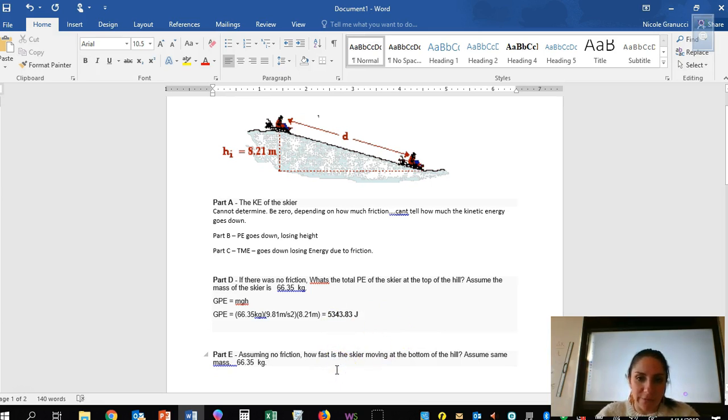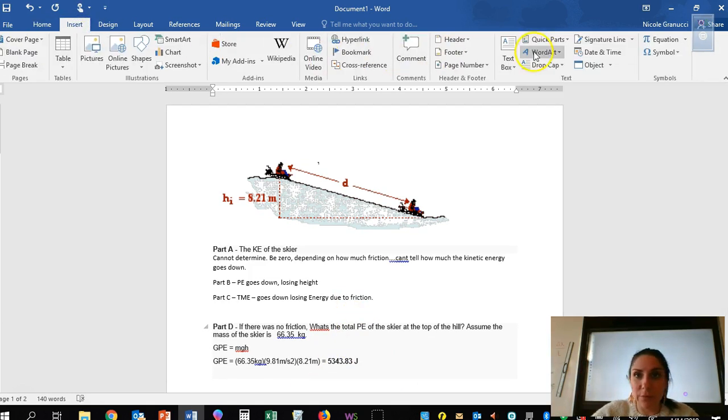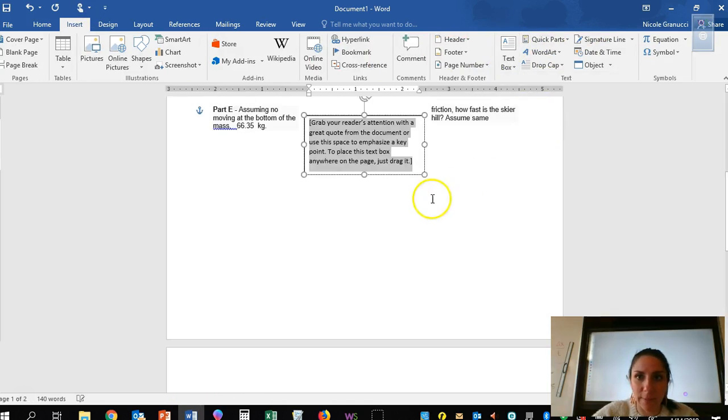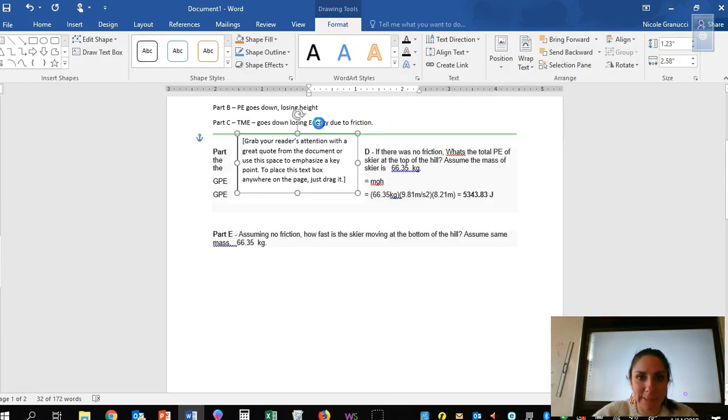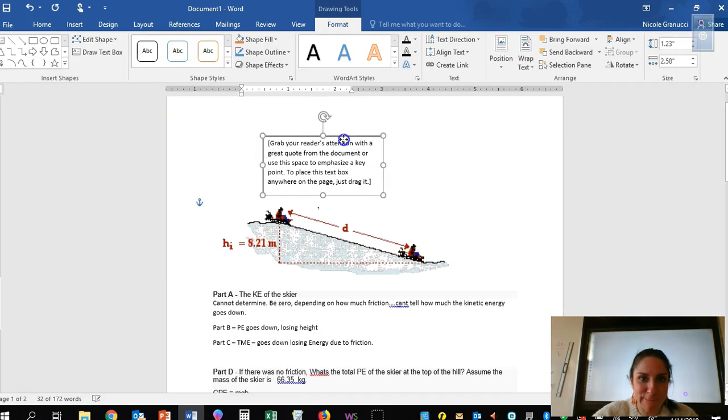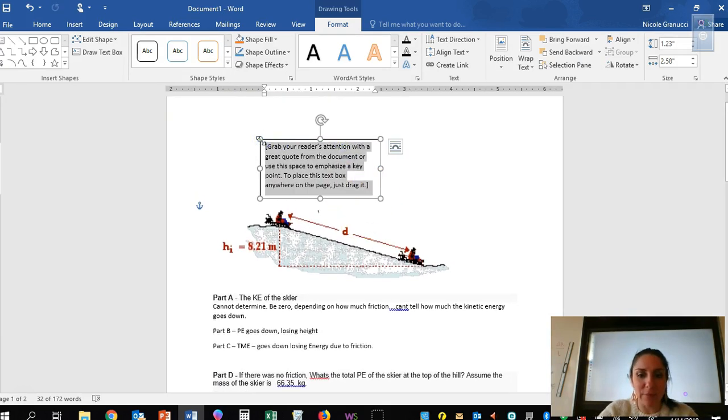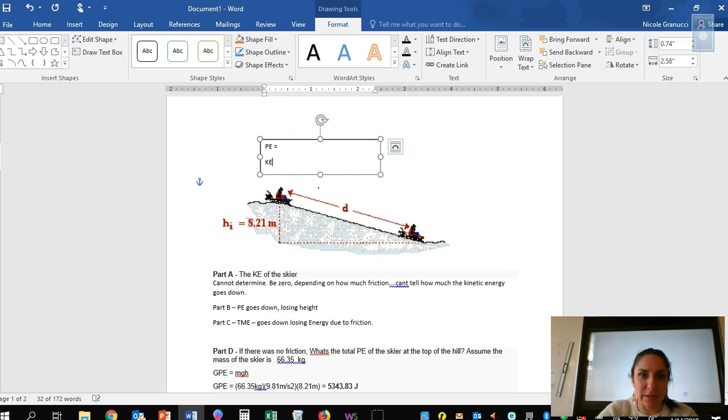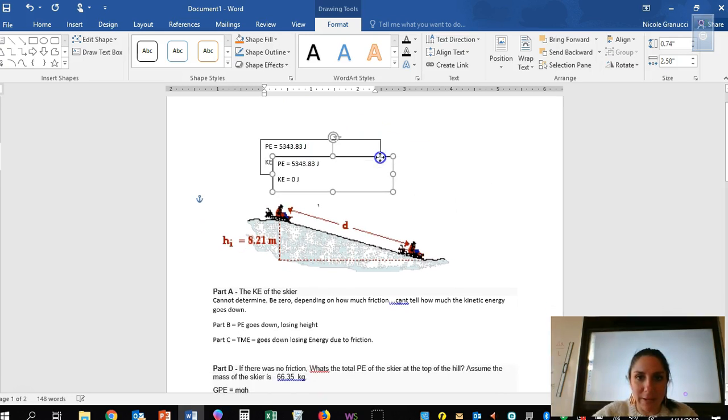Assuming no friction, how fast are you going at the bottom? Let me just add a text box here. At the top, you have two forms of energy. You have potential and you have kinetic. Well, at the top, the kinetic is 0 because you're at rest. And at the top, you have this much because this is what we calculated. Now at the bottom,